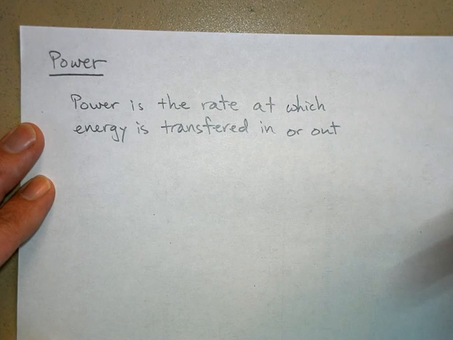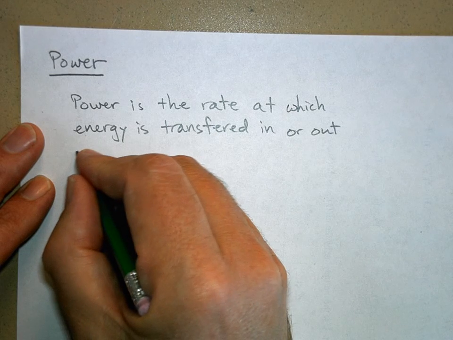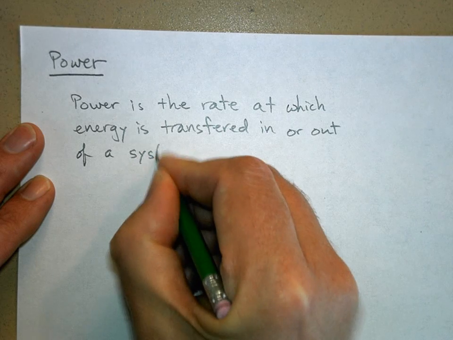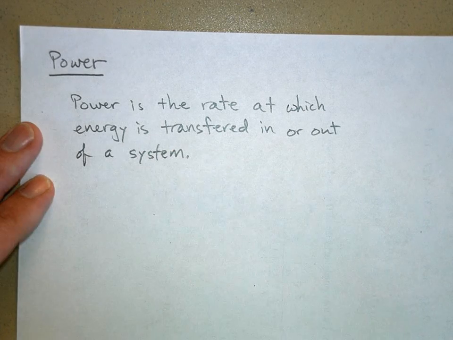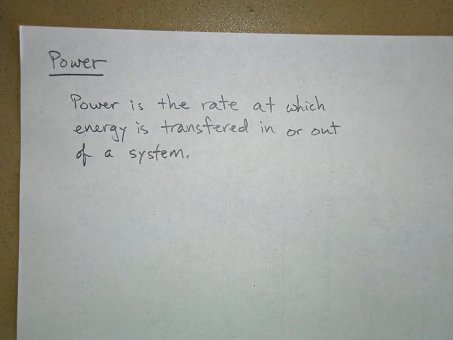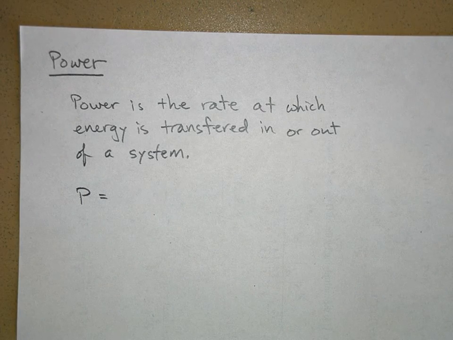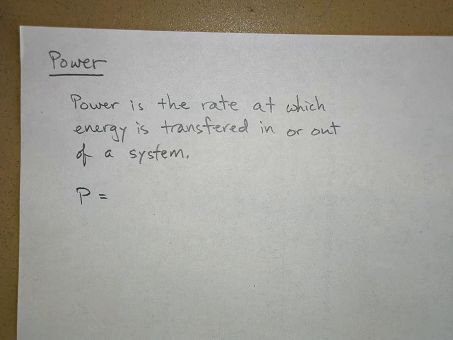I think that "in or out of a system" isn't really necessary. I mean, you have an object or something, and you're going to do work on it, and the rate at which you do work is what we mean by power. And we'll use a capital P to represent it. Now, the rate at which energy is transferred,